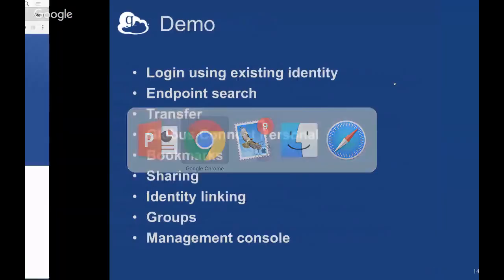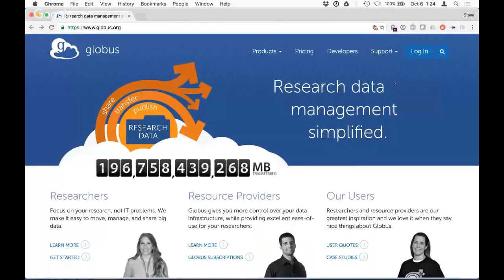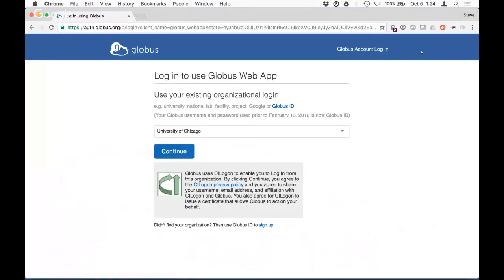Let me switch over to a browser window here. What we're looking at is, of course, the Globus homepage, at www.globus.org. Let's go ahead and log in. The first thing we'll see on login is that you need to pick your identity provider. A key thing with Globus is that, unlike many cloud services, where the first thing one often has to do is create yet another username and password for accessing that system, and in fact that's how it used to be with Globus even,